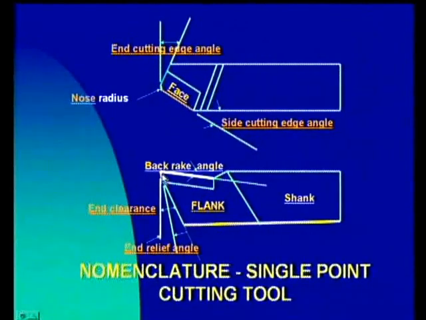So here this is the nose and the edge is tapered downwards towards the back. This figure is a positive back rake. Likewise, this may be parallel to the base, it is a 0 back rake. If the cutting edge is slanting towards the nose like this, that is a negative back rake. So either positive or negative or 0, all 3 are possible, and may be used under 3 different circumstances.